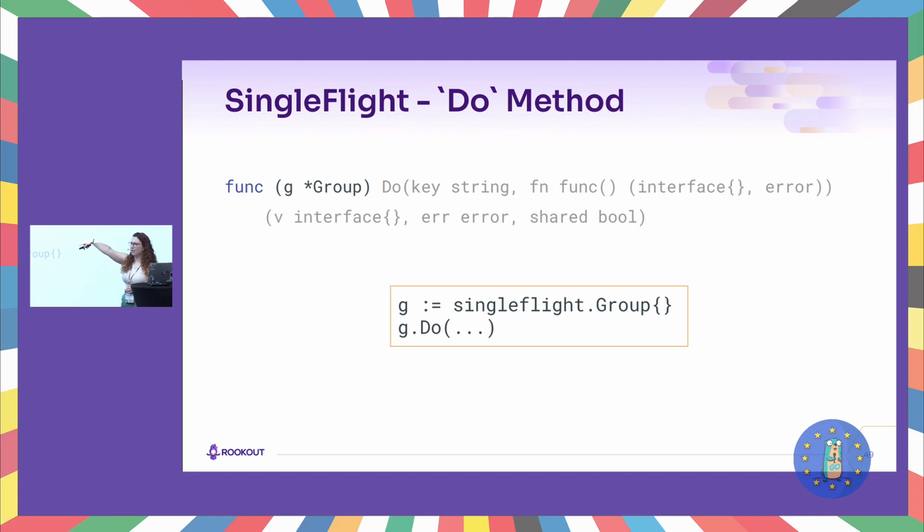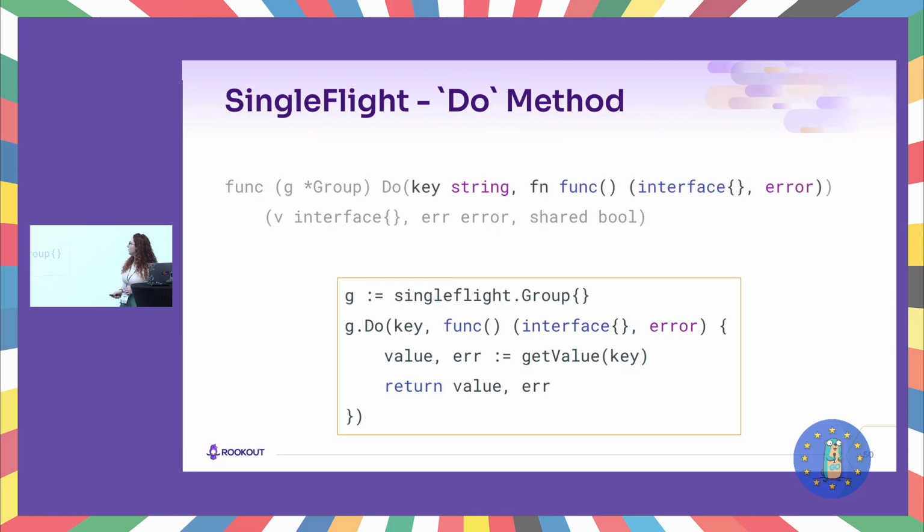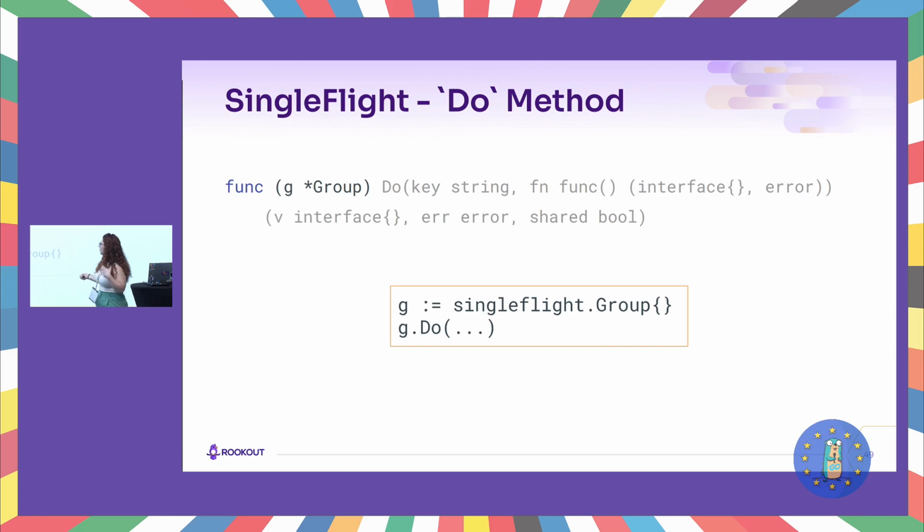First of all, we can see that it's a method on the Singleflight group, so we have to create that and then call the Do method on it. And then it's going to get a key and a function. And this is just a generic example, it has nothing to do with our CTA. But Do will just call some sort of method or function to get the value for that key. And why is this interesting? This means that once we've started this function with a certain key once, and until it finishes, then Singleflight will make sure that it doesn't start again with the same key. Okay? So if we go back to this,